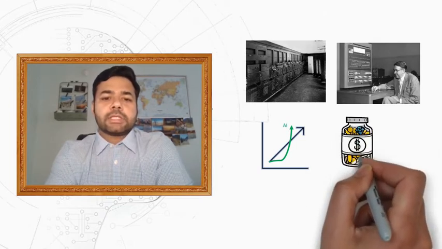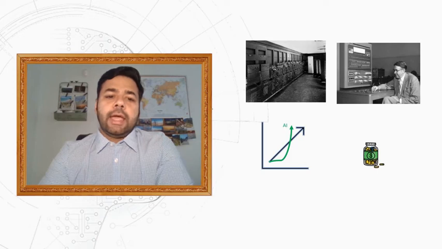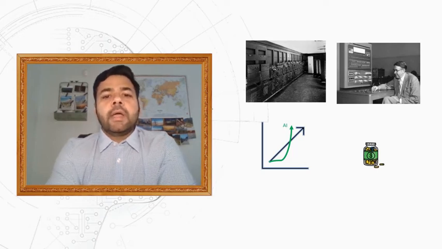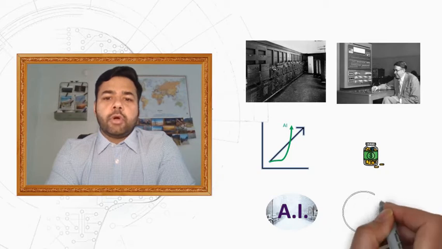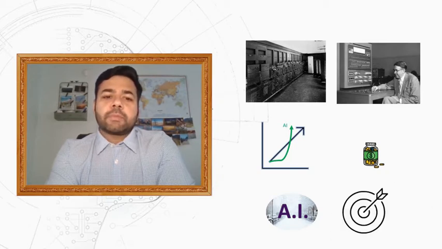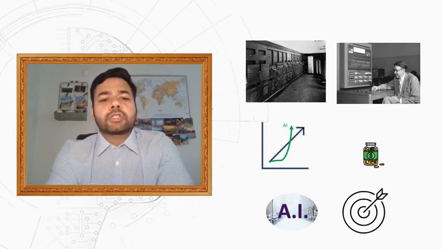The funding agencies around the world started cutting back on AI research, and it started losing its luster in mainstream coverage as well, entering an era that was called AI winter. During this period of slowdown, the research focus shifted towards more specific problems rather than the grand goal of achieving artificial intelligence. That is basically a machine that has cognitive capabilities equal to or greater than those of an average human being.